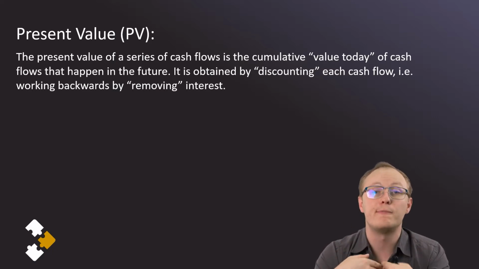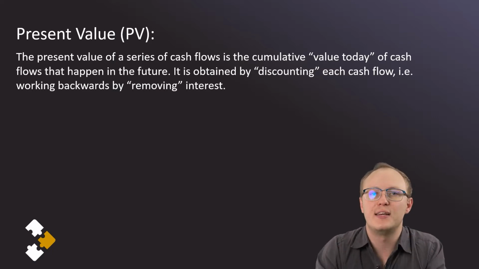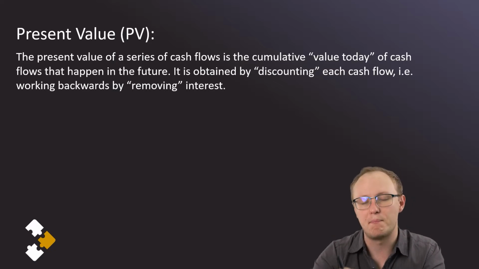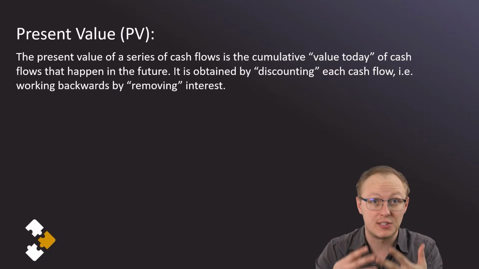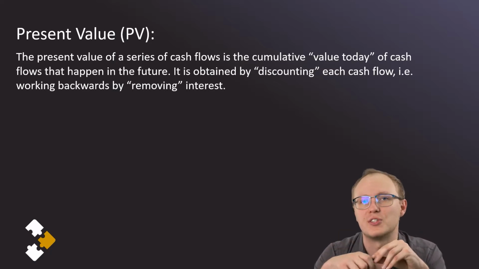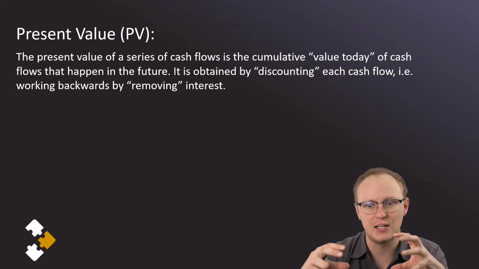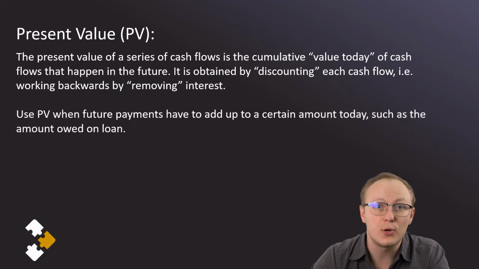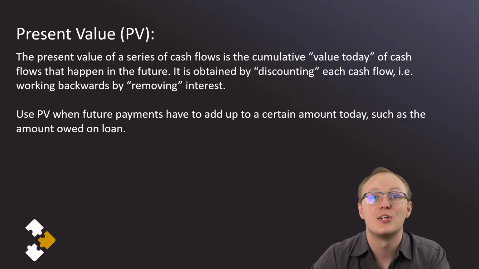So if we're moving forward in time, generally amounts get bigger because they're gaining interest. And when we're moving backwards in time, we have to discount, we have to remove interest so that the amounts themselves get smaller. Okay, so we're going to use present value when future payments have to add up to a certain amount today,